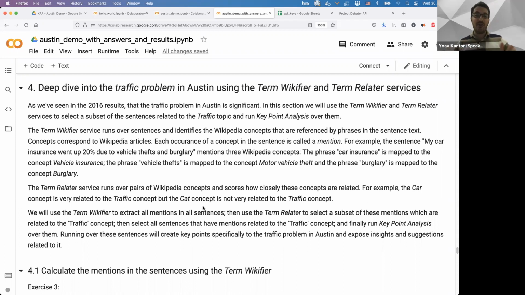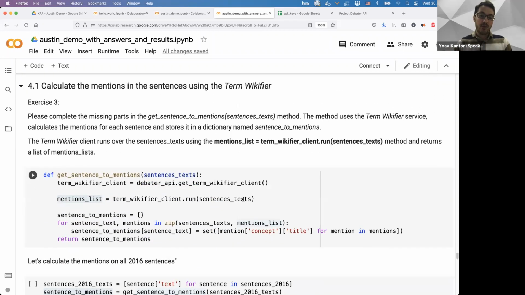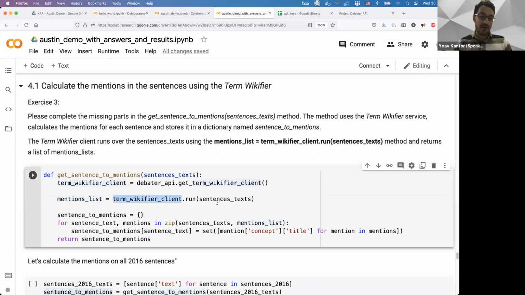In section number 4, we select only the sentences that refer to the traffic problem. How do we do that? We use the term wikifier over the sentences and get all the concepts in the sentences. There's a bit of confusion between mentions and concepts. The mention is what's in the sentence, and it mentions the concept from Wikipedia.